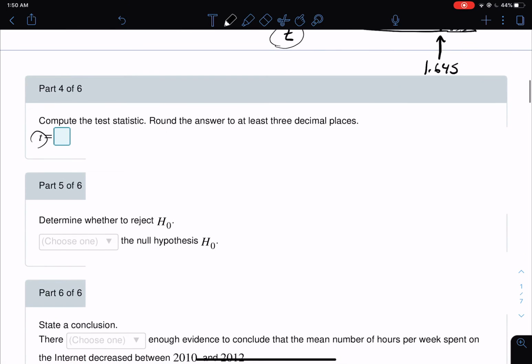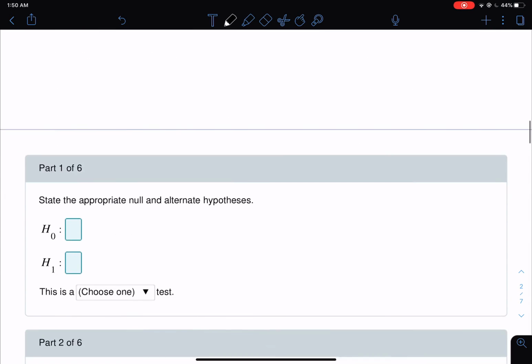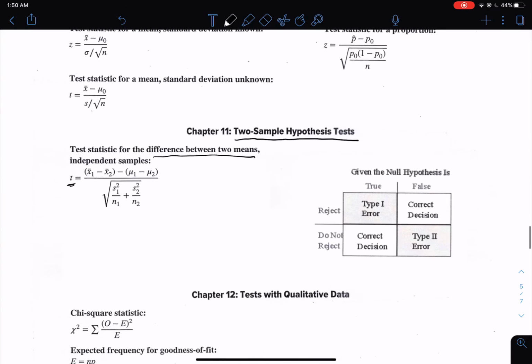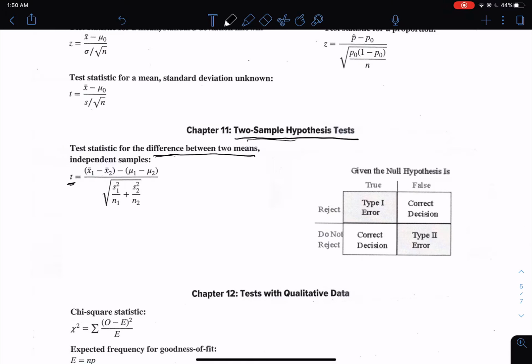Okay, next up is we need to calculate our test statistic. Now that test statistic, we remember I already showed you where you can find it, and that is going to be on our formula sheet. And for two samples, difference between two means, there it is right there, that beast. Oof, okay, now something to note that is consistently going to be true is that when you're doing the two sample hypothesis testing for the difference between two means,